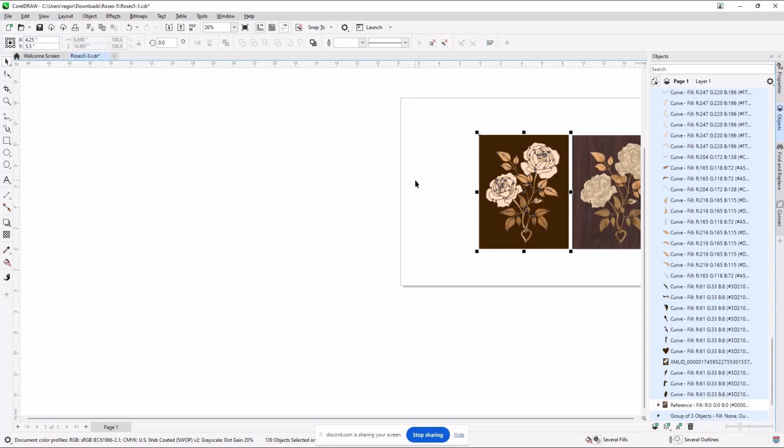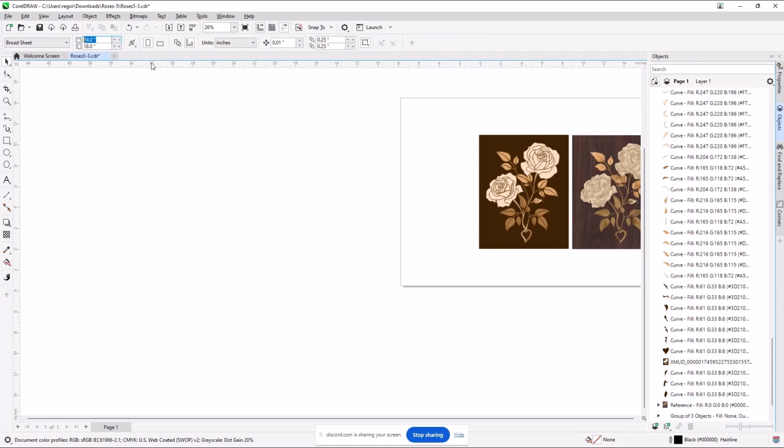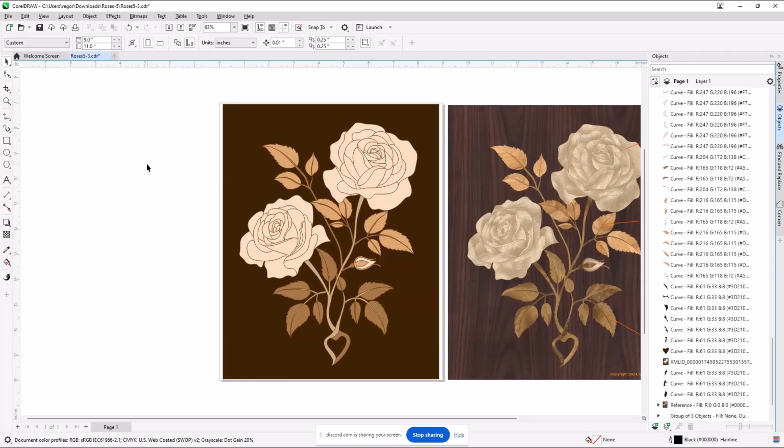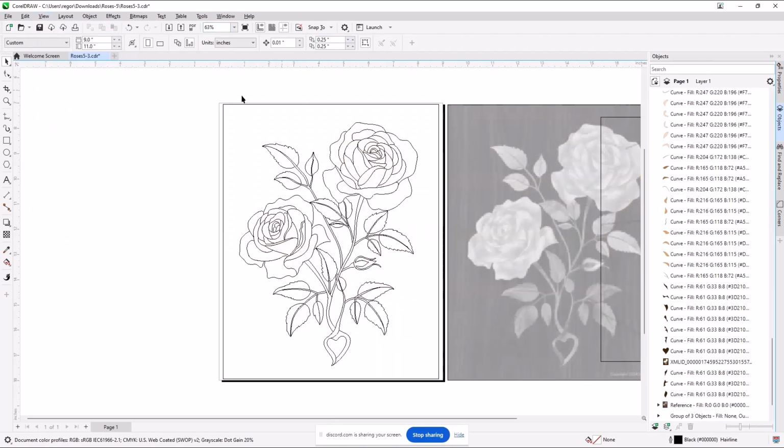So what I'm going to do is make my page match my drawing with a little bit of extra. So this is 9. And I'm hand typing there, and I'm using the tab key to switch to the next field over by 11. And that worked. So right now you can see the picture is about the same as the page size with a little bit of a boundary.